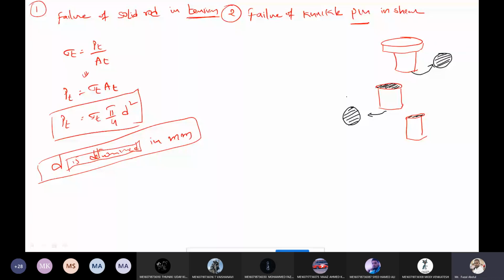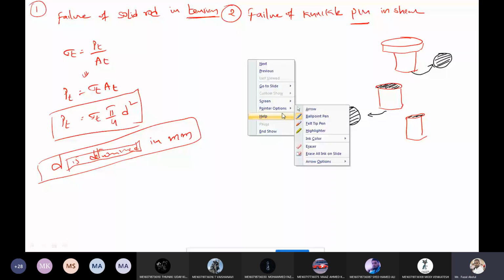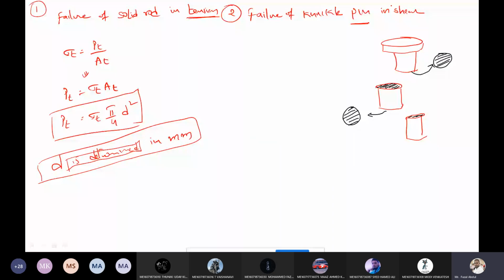Okay, now the respective stress is shear stress, because the title indicates shear failure. So shear stress equals shear load by shear failure area. This equation may be written as P_s equals sigma_s into shear area in failure. What is the area here? This one is known as the diameter of the pin, D1. Okay. So what is the equation for this solid? This looks like a solid circle, so the area is pi by 4 into D1 square.